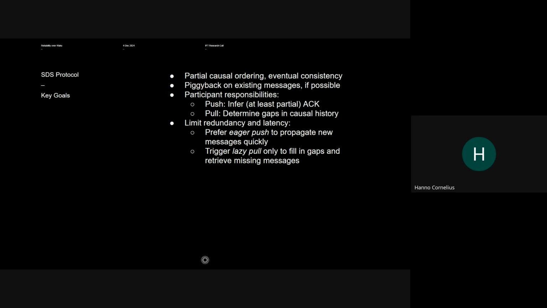So there's only one source of the interaction that has to broadcast a message. But if you are too eager to pull messages as a recipient that might have missed some messages, this might be a many-to-one interaction. So there are many originators of these interactions. Each of these interactions would have to be broadcast. So that's why we prefer eager push and lazy pulling in how we approach the SDS protocol.